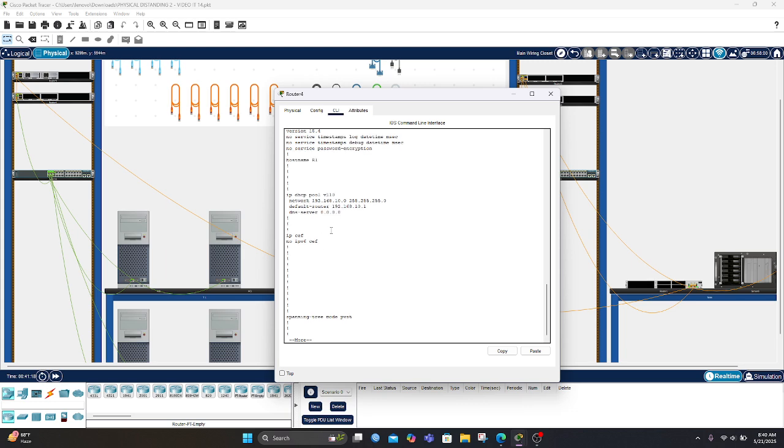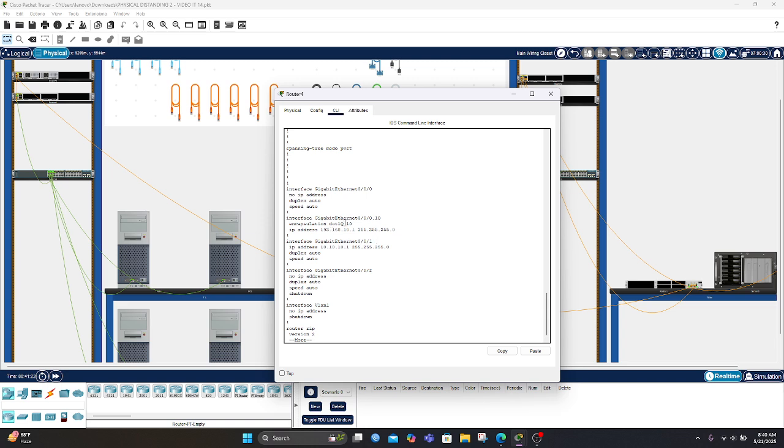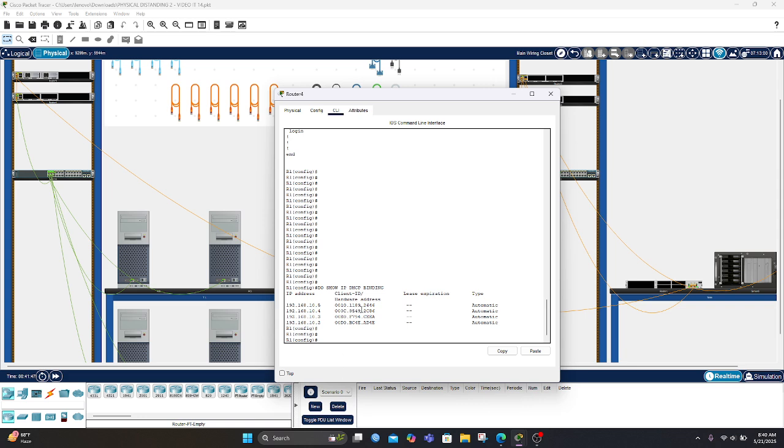DHCP pool VLAN 10 and make encapsulation. Then do show IP DHCP binding. Now, the DHCP is successful.